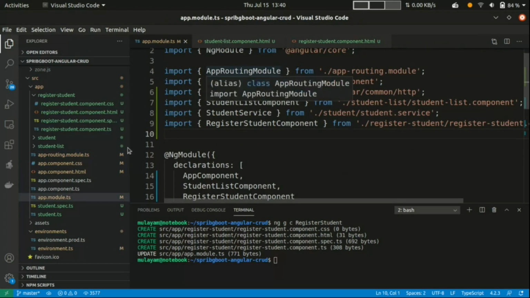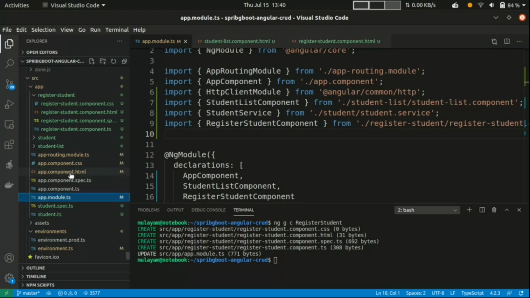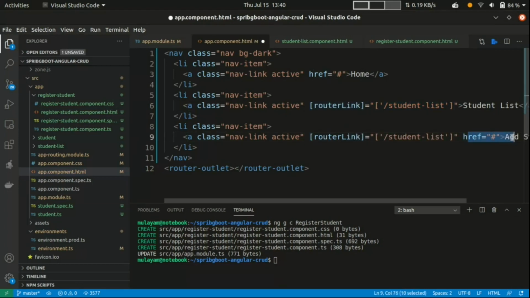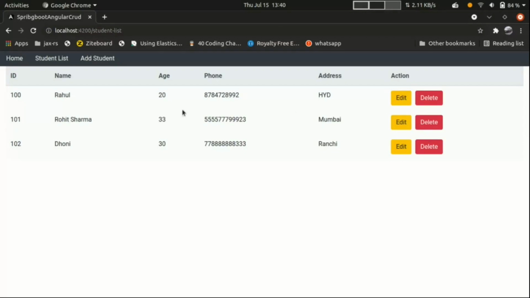The next thing is, in the app component HTML, when I click here I want to call register student. This href is not required, so just write register student. That's it.